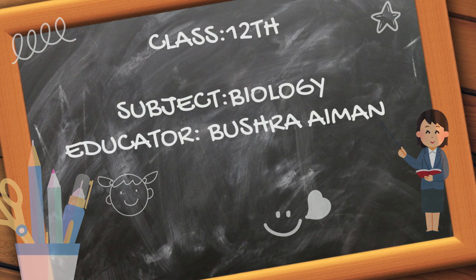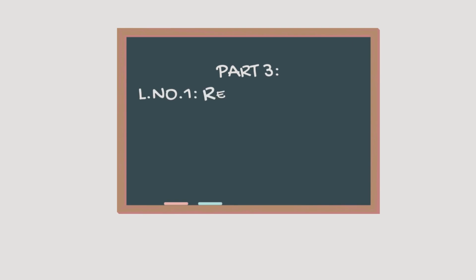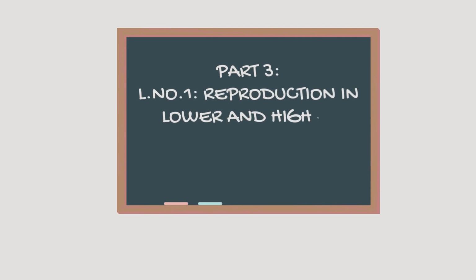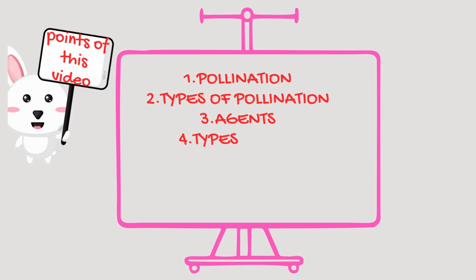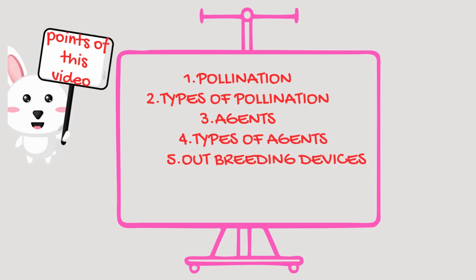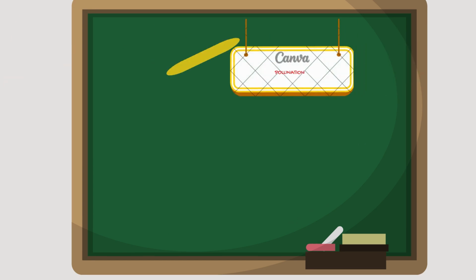Here we'll study the 12th standard biology. Part 3: Reproduction in lower and higher plants. In this video we'll study the following points: pollination, types of pollination, agents, types of agents, and outbreeding